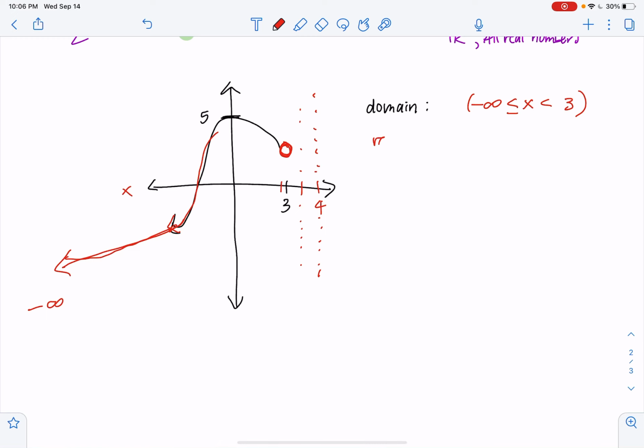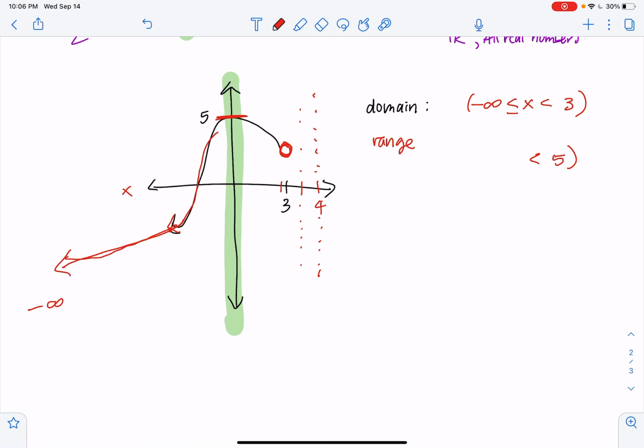And then if we look at the range, kind of a similar idea too. So the range is where your y points are. So if you take a look at your y-axis, you'll notice that it's going to stop at 5 right here. So that means that 5 is the highest that it can go. So you have 5, and then